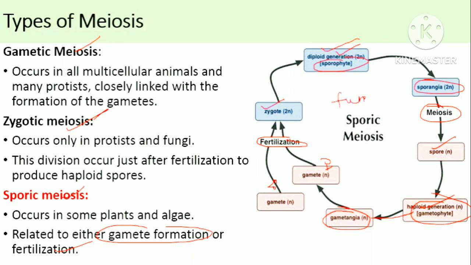Zygote will give rise to this diploid generation, that is sporophyte. The best example is in case of Funaria, where we can observe that the gametophyte will form the sporophyte, and it is partially parasitic in nature. And the sporophyte of Funaria will bear the sporangia, meaning that it will produce the spores after meiosis. So this is the